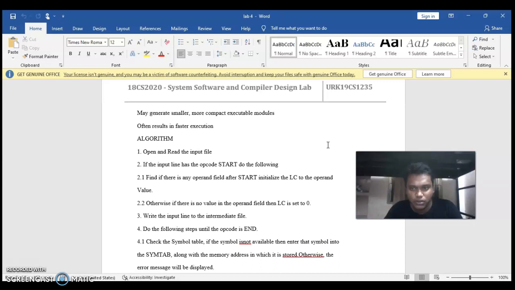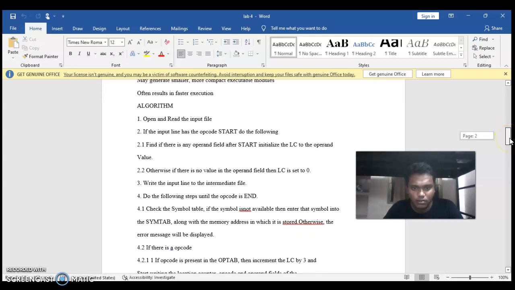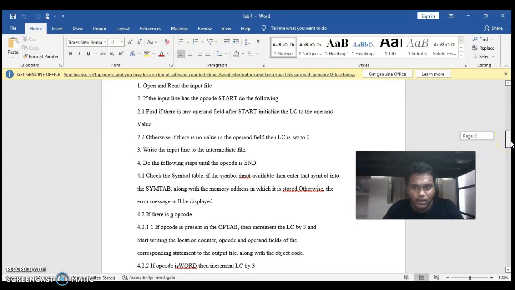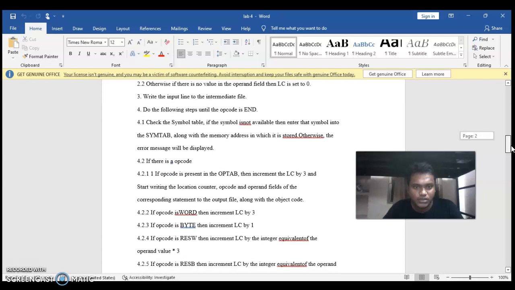Initialize LC to the operand value. Otherwise, if there is no operand value, then LC is set to 0. Write the input line to the intermediate file, following the steps until the OP code ends. Check the symbol table. If the symbol is not available, then enter the symbol into the symbol table